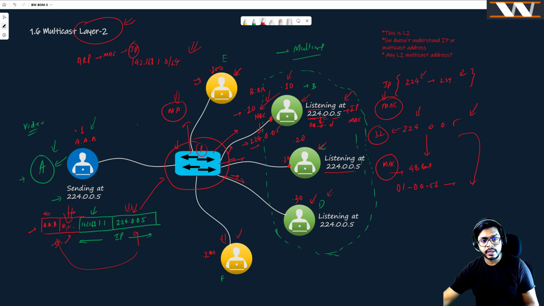The switch is going to create some entries in its table corresponding to these MAC addresses. So it could be the case that this switch sends on the basis of this multicast MAC address. It knows that this multicast MAC address is attached to this host and this host, or this port and this port. It is going to send the multicast frame out of this one and this one, and it won't send it over here,